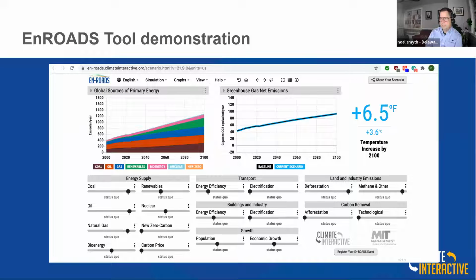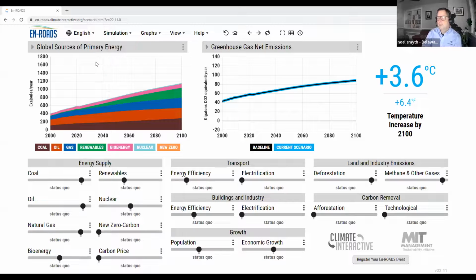So let's jump into the tool, and I'm going to walk through how this tool works, and let's just bring that up. All right, let me share my screen again with the tool. Okay, so as I noted, there's a number of levers, and the first thing I'm going to show you here is that